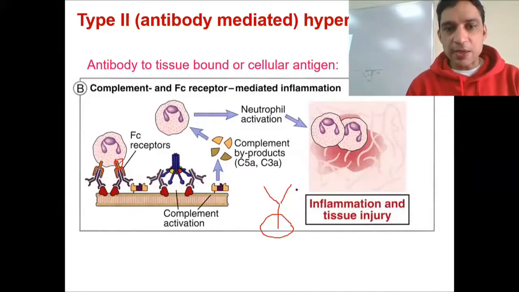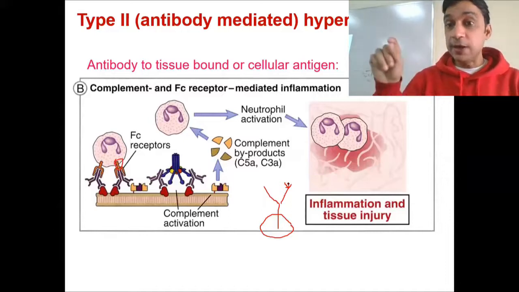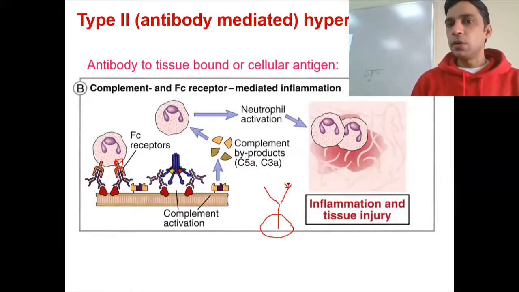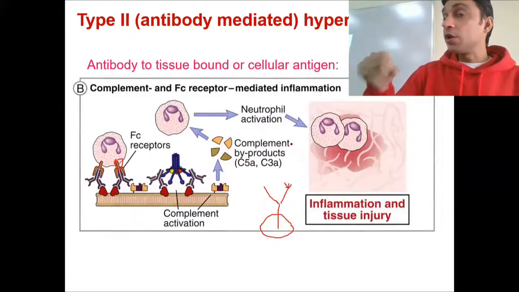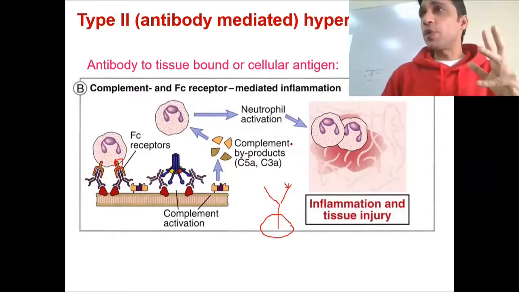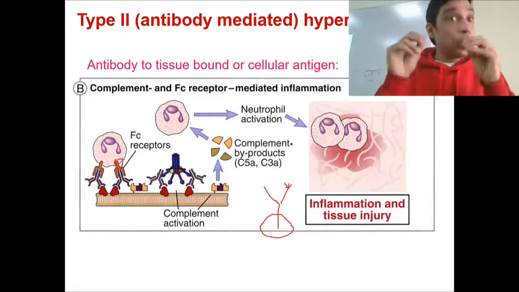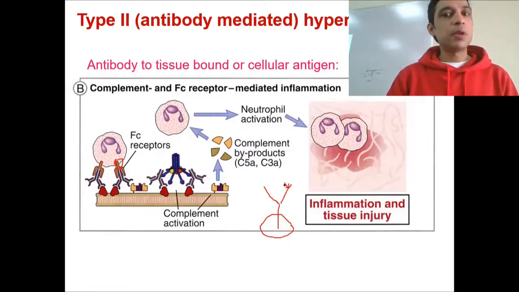This is called the Fc receptor, this portion. This portion is highly variable, which means it can change its shape. It is different in different cases. Thousands and thousands of types of antibodies are out there. They are all different in that part, which is also called the variable region of the antibody.